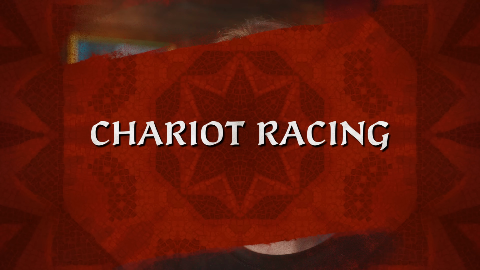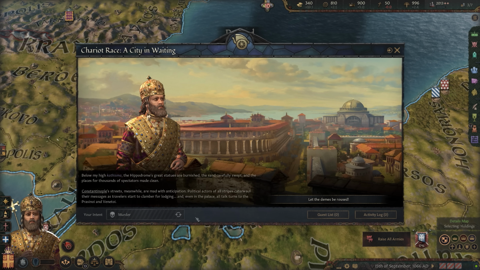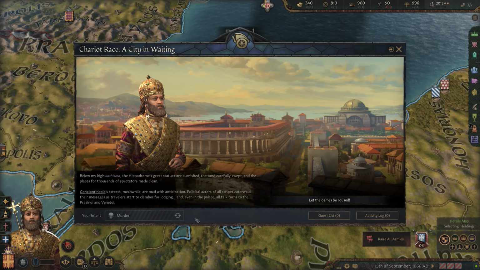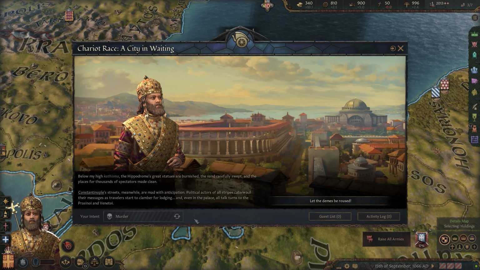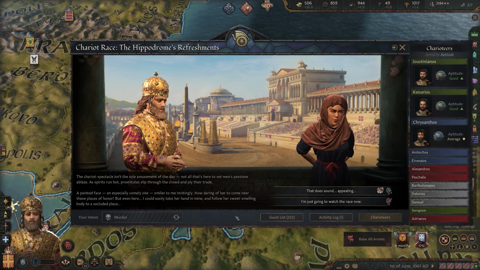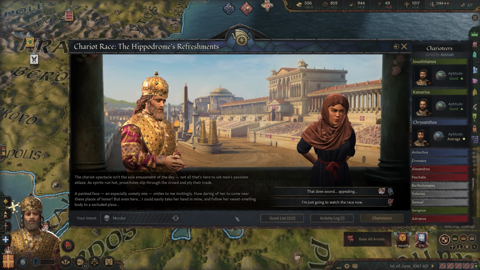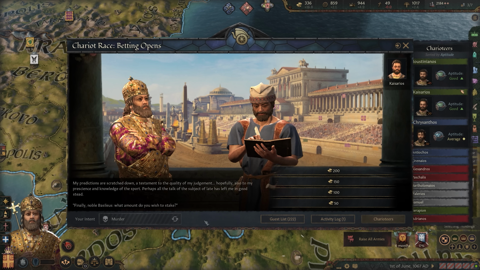It's kind of a no-brainer that we needed to include a chariot racing activity. It was planned from the start and we were really excited to do it, and I think it turned out really well. I think players will really enjoy it. So coming to a chariot race, you're going to be greeted with a few intro events, talking to different characters, getting a few opportunities to mingle, but then the call to betting happens. And this is where things, in my opinion, get kind of interesting.